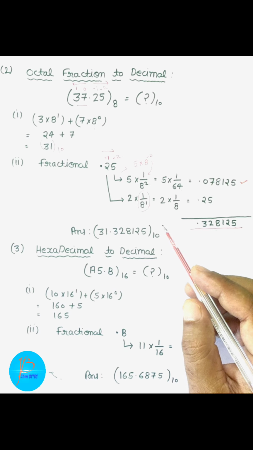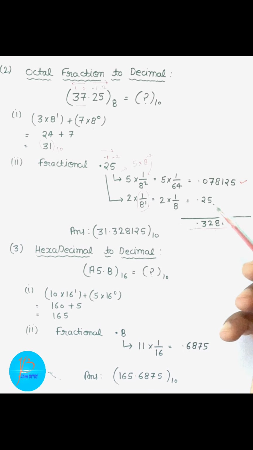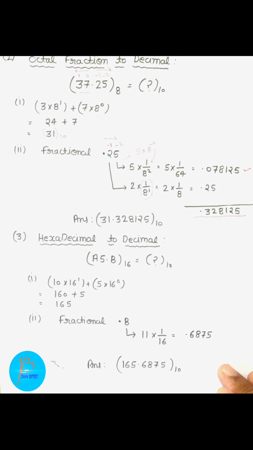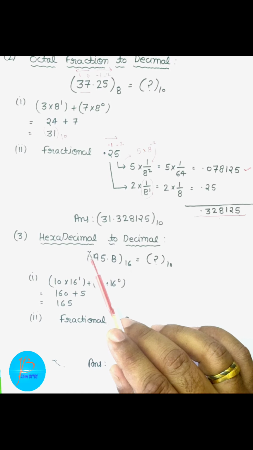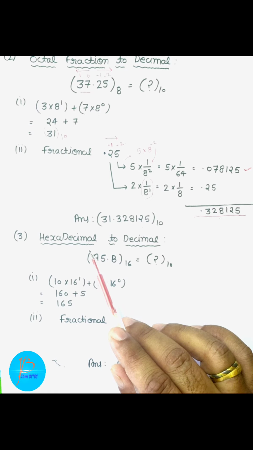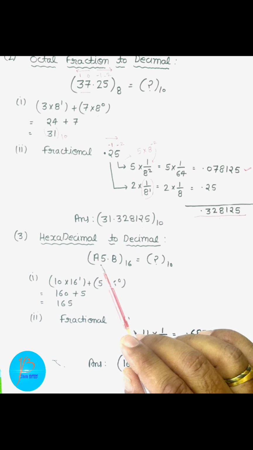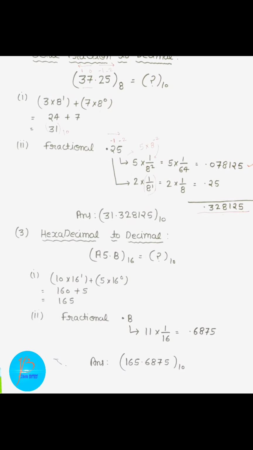And children, if you have got the process of the previous two examples, then you will easily come to know what we are going to do with the third example where we are going to convert a hexadecimal number to its decimal equivalent. Okay, but for practice purposes children we'll look at the third example also. Children, in the third example it is shown how we can convert a hexadecimal number to its decimal equivalent. See that the number is given as A5.B. Okay children, so we can see that the number is in hexa format.